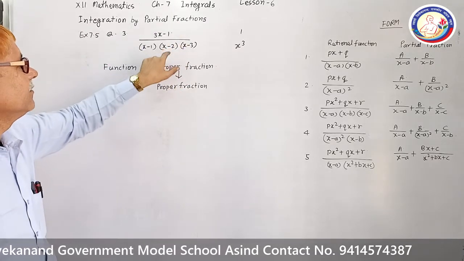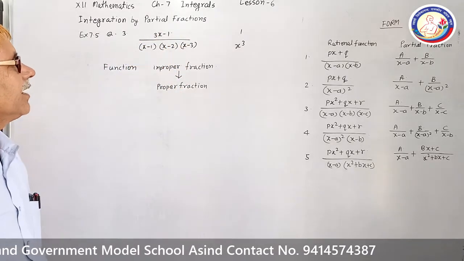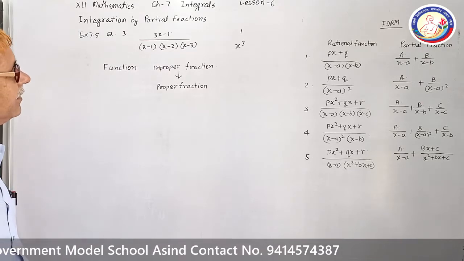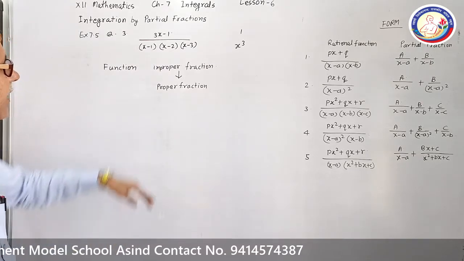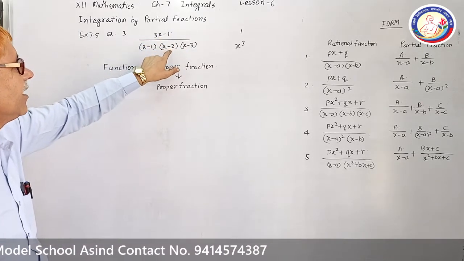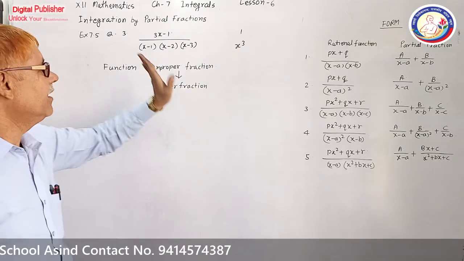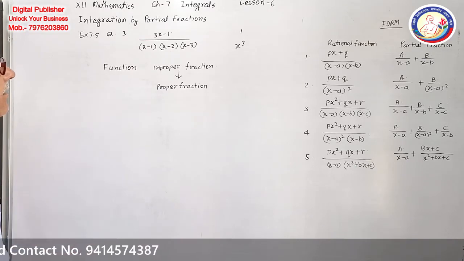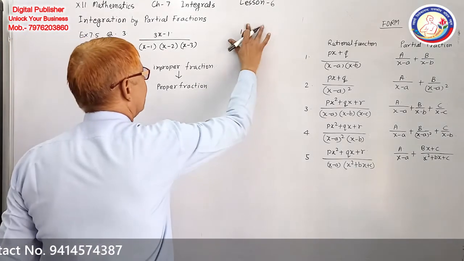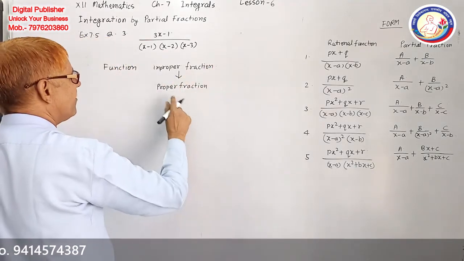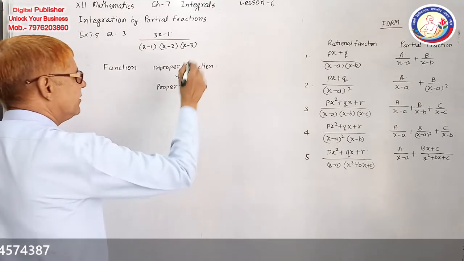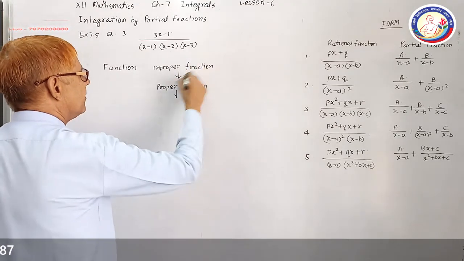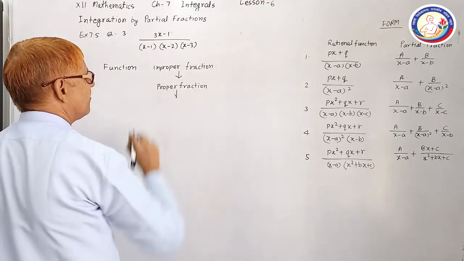If it is not in proper form, then change it into proper form by dividing numerator by denominator. If the powers are equal in numerator and denominator, or we can say, if the numerator is divisible by the denominator, then divide. And first simplify them. If there is a common factor, then cancel that. Then improper to proper, and if it is proper, then proceed.